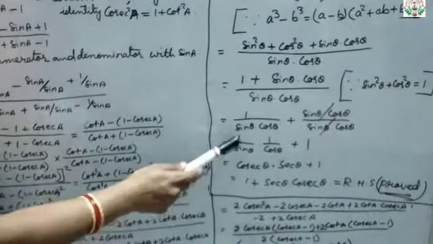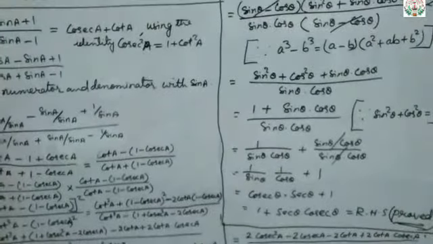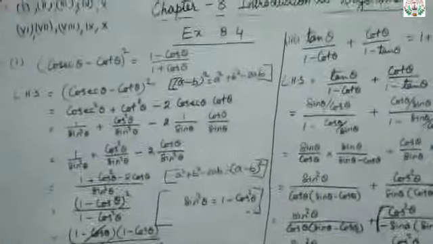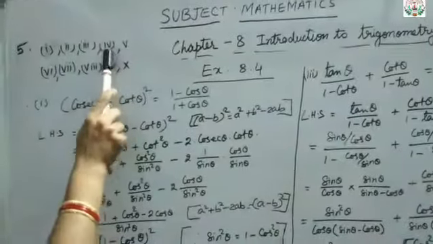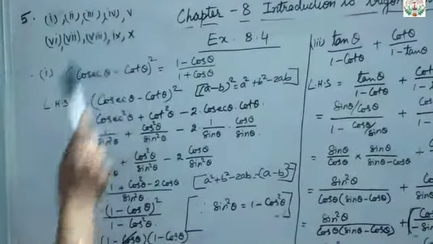Clear, children? Now after that we will see what? The 5th question. Because 4th question is your homework. As I said, alternate questions will be your homework. So this 4th one is your homework. Now let us move to the 5th part.